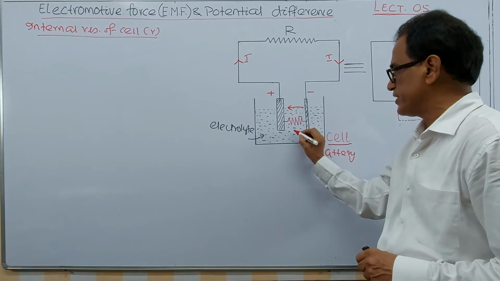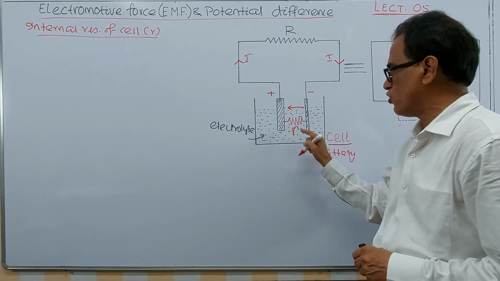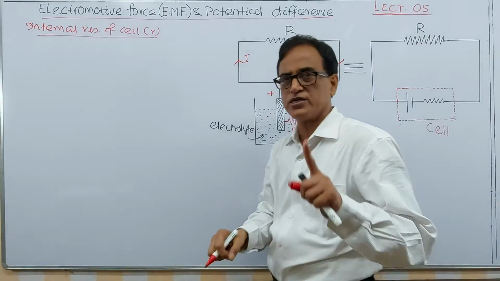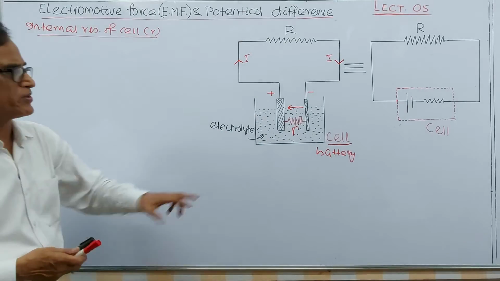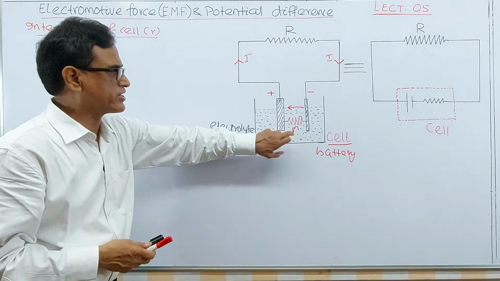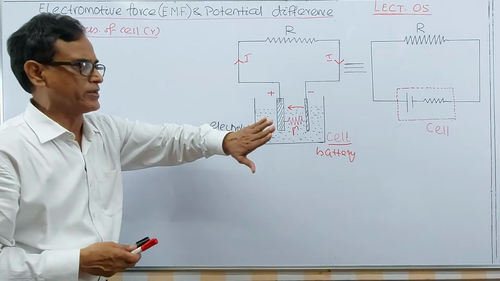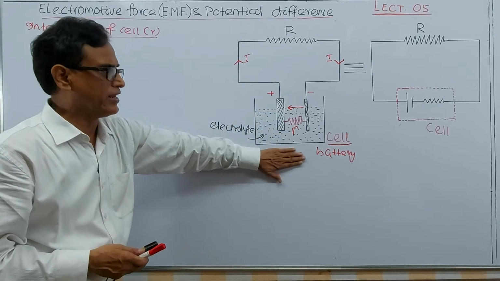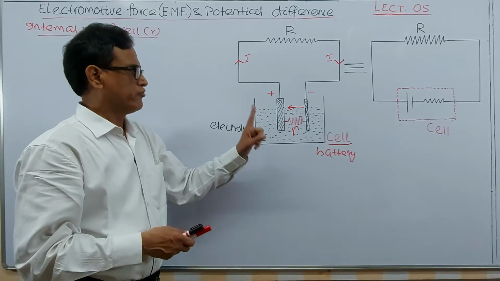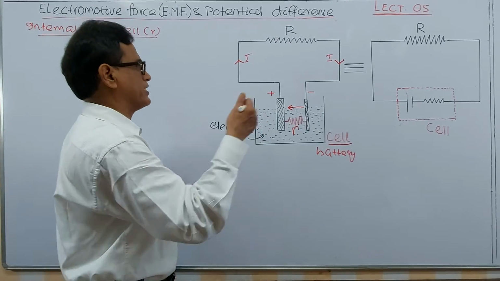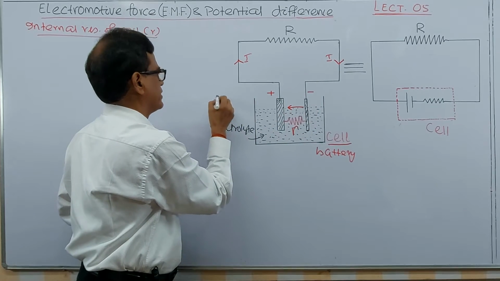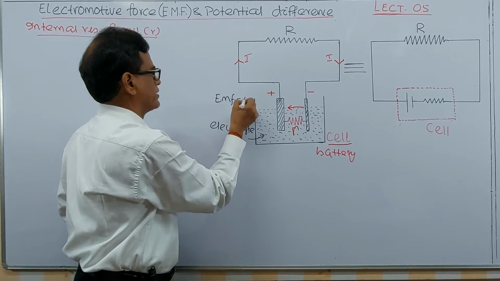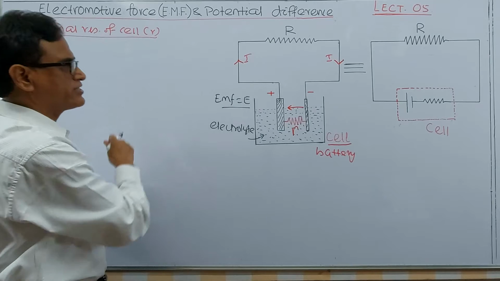We represent that internal resistance by small r. I will get an expression for it. This is important this time for 3 marks questions, remember. I will get an expression for internal resistance and on what factors the internal resistance of the cell depends. Any cell constitutes an EMF, and the EMF we can write as E.